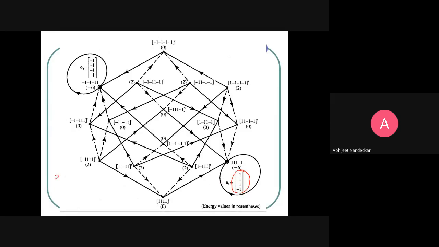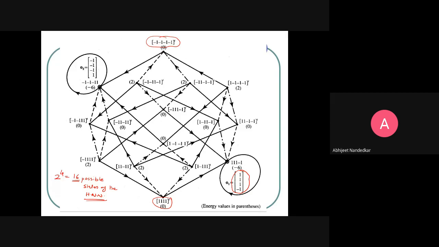Since there are 4 neurons, I have 2 to the power 4, that is 16 possible states of the Hopfield neural network. You can see here, this is the topmost, that is 1 1 1 1, all 4 ones, and this is the bottommost, or initial, very first